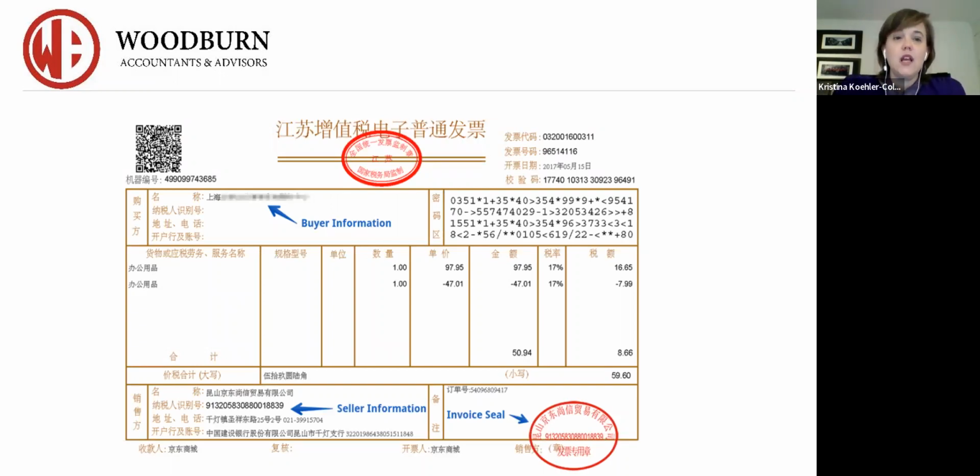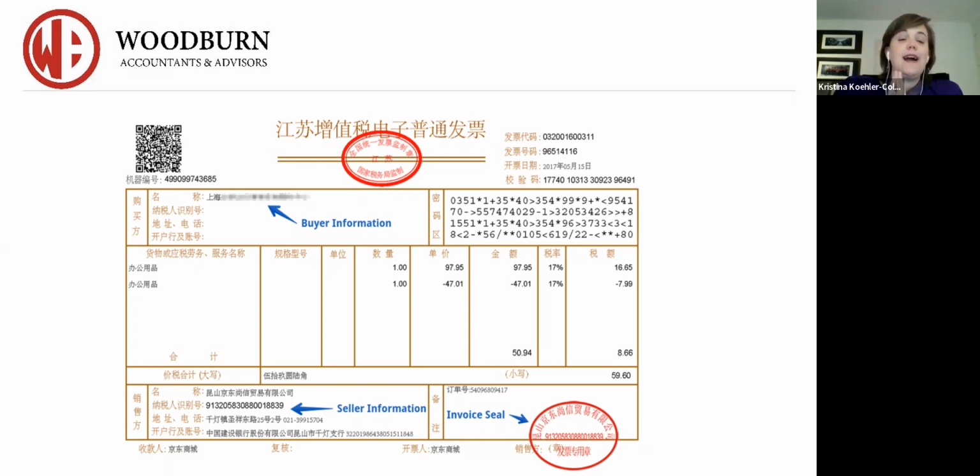Now, you're going to have the buyer's information in there, the seller's information in there. You're going to have the descriptions of what you are selling, whether it's services or whether it's products. You're going to have then the VAT amounts, the price, the value of the product or service in there. And then you're going to have your invoice seal that is going to go on there as well. And you're also going to have your TIN number for both companies, which is the number that is your company registration.